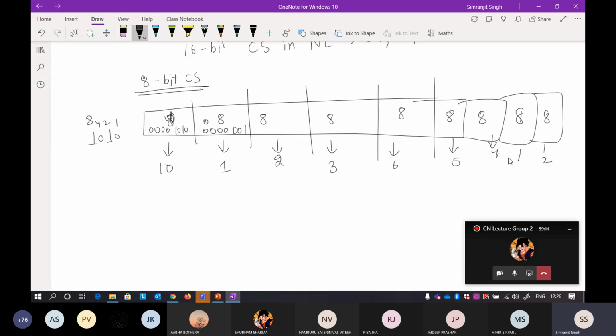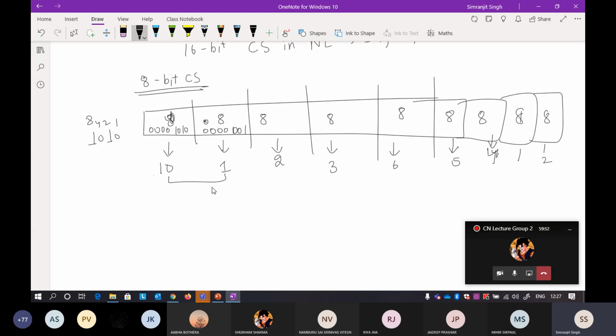It means that 8-bit binary numbers are given to you, and I'm just taking the decimal equivalent. Actually it is not mentioned in the algorithm that you have to take decimal, but I'm assuming that whatever number is written here, I have to add it. So for the simplicity, I'm taking decimal numbers. Suppose the decimal equivalent is 10, which will be arranged in 0011 format, so I'm assuming it's 10.